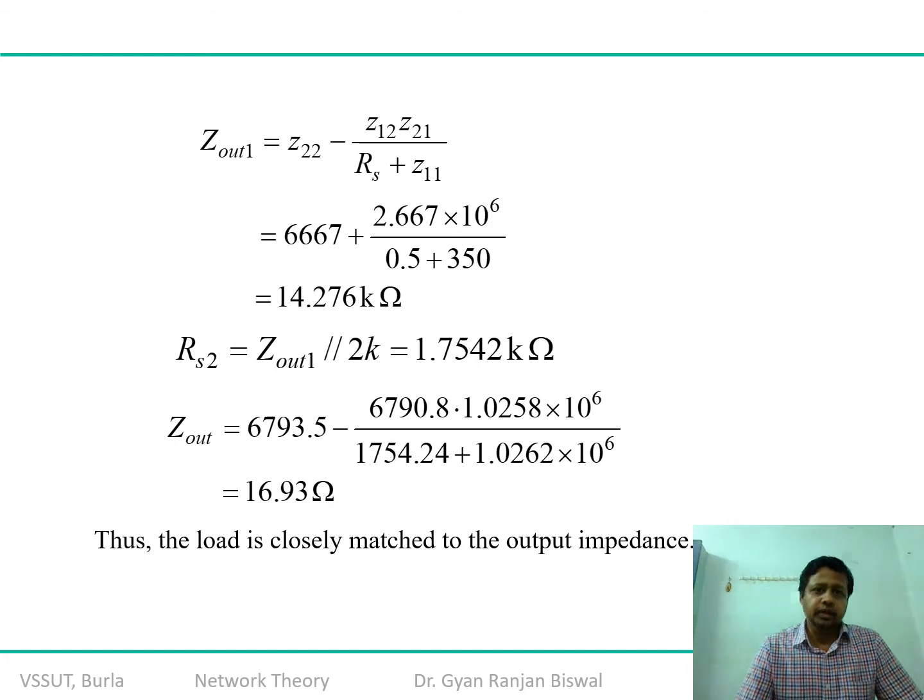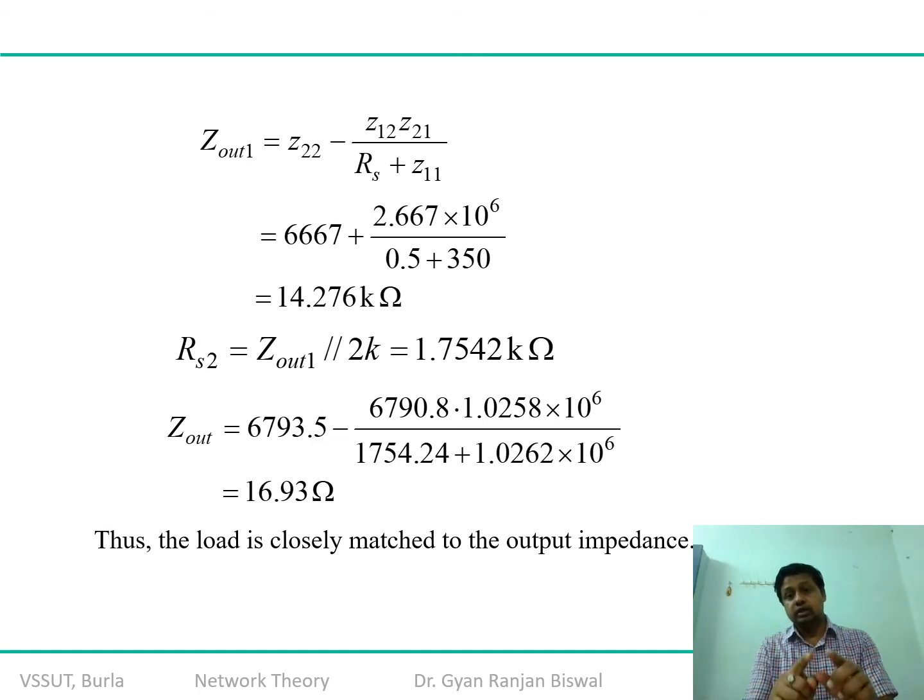If you substitute these values, as far as the numerical calculation is concerned, Zout we get is exactly 16.93 ohm. Remember, that's how we do the impedance matching property. It doesn't mean you are going to achieve it 100%. Your standard requirement was 16 ohm resistance, and we are able to calculate 16.93 ohm, whereas for the input impedance, if you notice, the stage 1 output impedance was 2 kilo ohm. So 2 kilo ohm is being stepped down.